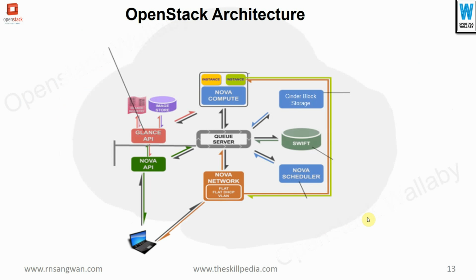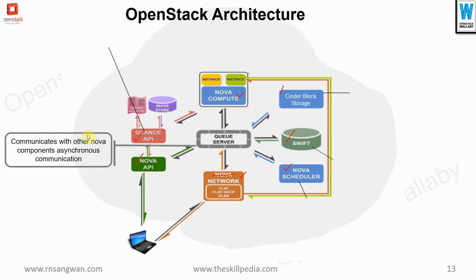What is the architecture of OpenStack? This is just a bare minimum architecture we are trying to understand here. We have different services like Nova Compute, Cinder block storage, Swift object storage, Nova scheduler, Nova network or Neutron. Now the code name is Neutron. Then we have Nova API. Then we have Glance API. So starting with this queue server,